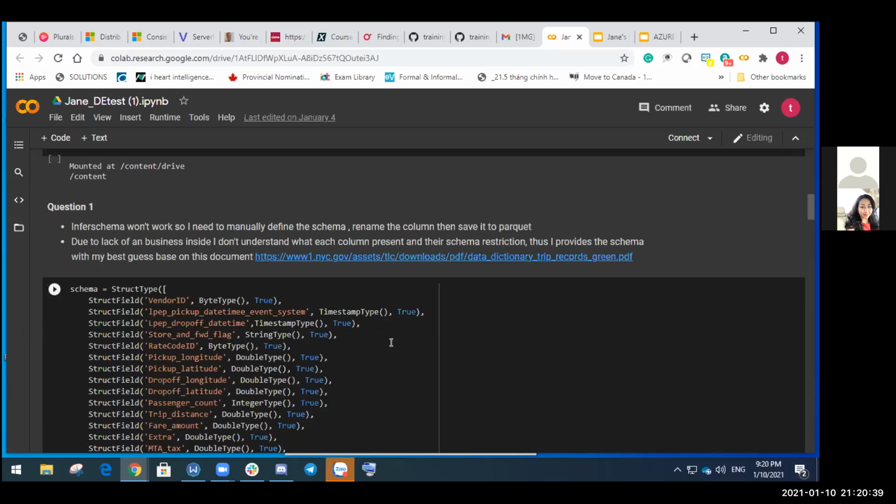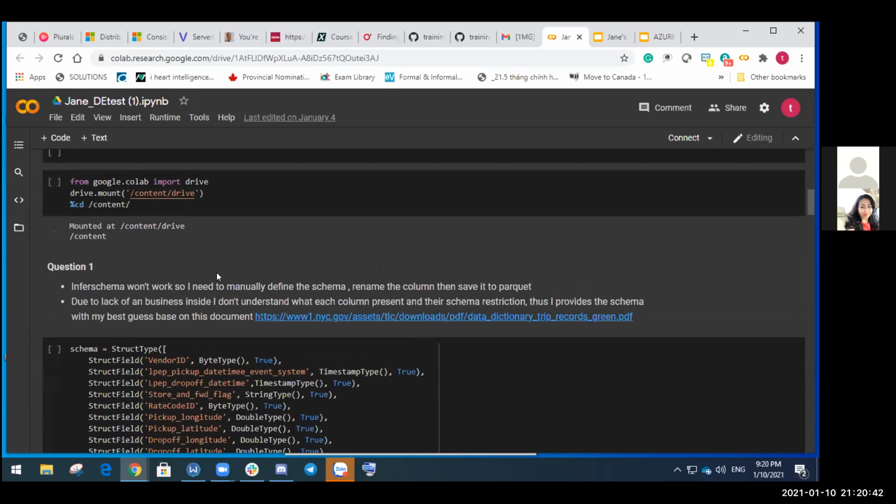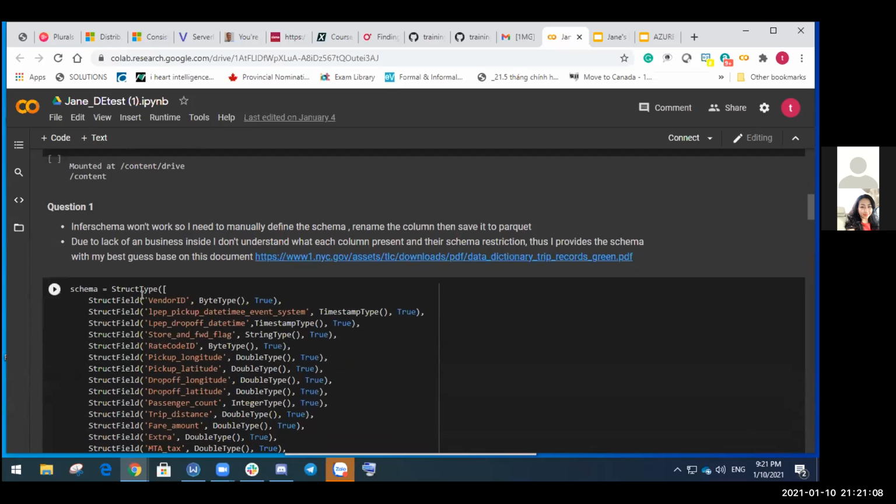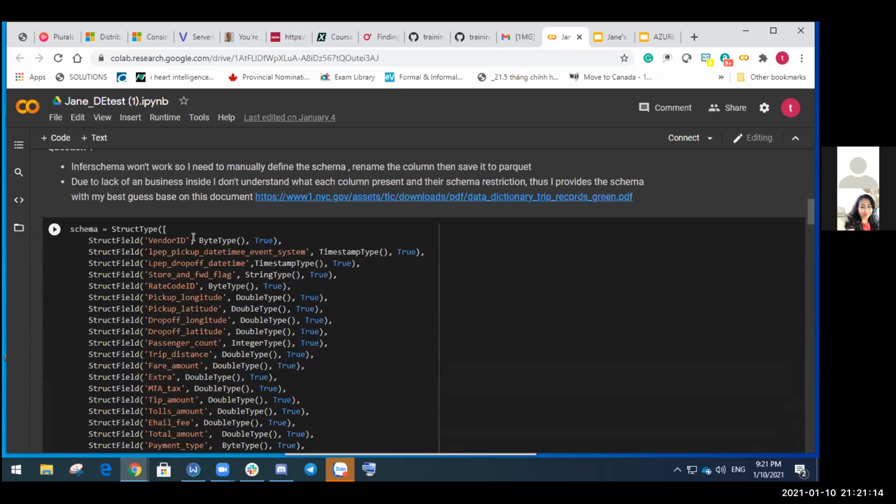So the first question is to define the schema and write it back to the Parquet file. Infer schema is the automatic way for Spark to sample your data and assume what type of data it is. It works sometimes, but a lot of the time it doesn't work. So a lot of times you need to manually define the schema here. You can check the different data types